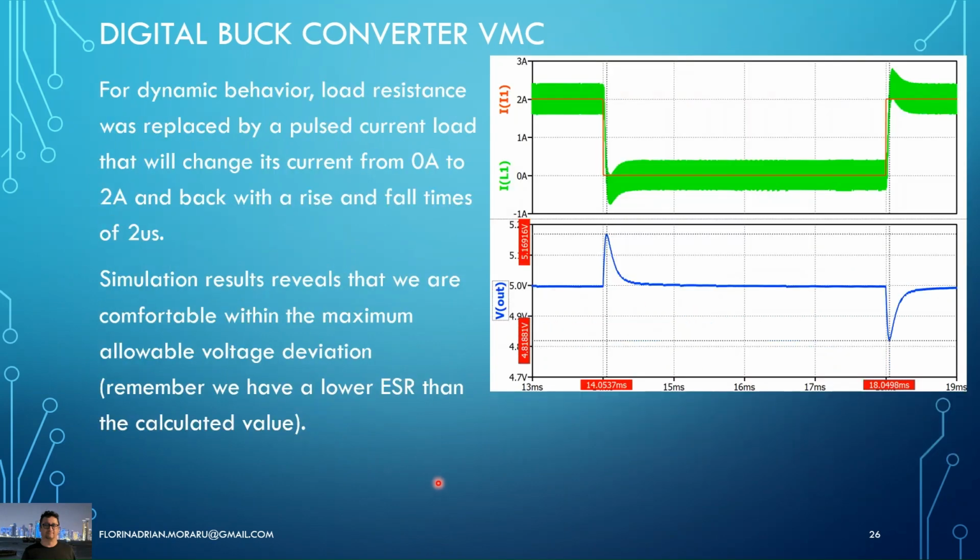Okay, now I wanted to look at the dynamic behavior. So the load resistance in the transient simulation was replaced by a pulsed current source, that will act as a current load and will generate a change in load current from 0 amps to 2 amps in 2 microseconds. So you can see the red is the current of the current source that acts as a load. In green, we have the current through the inductor, and here the output voltage. And you see we have only 170 millivolts overshoot, and